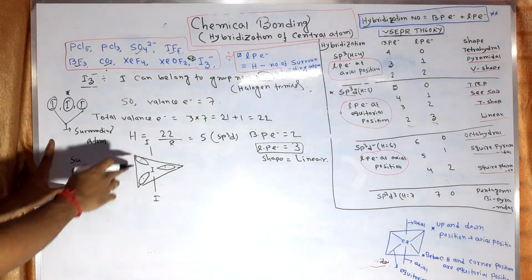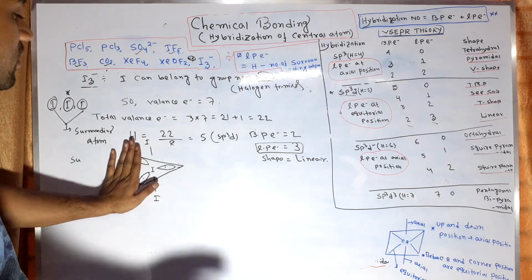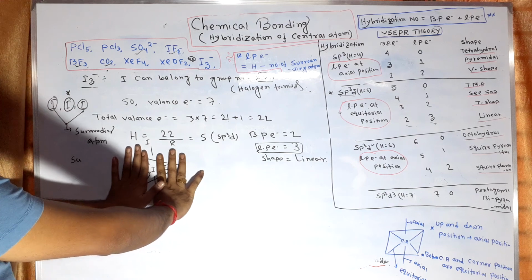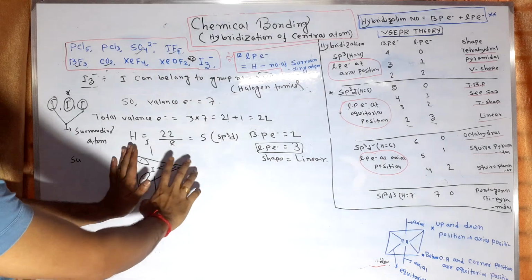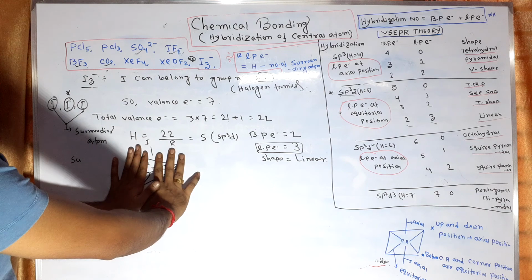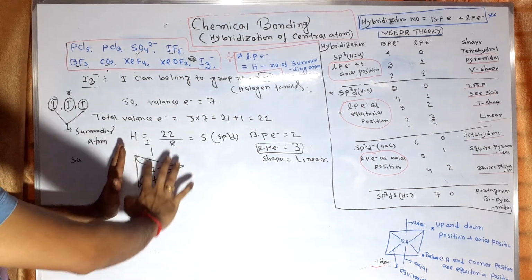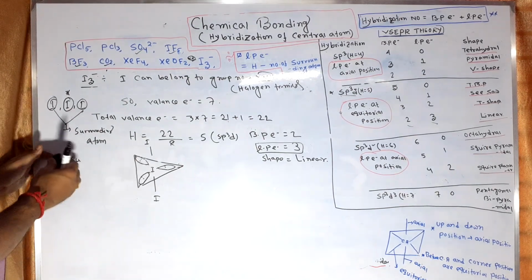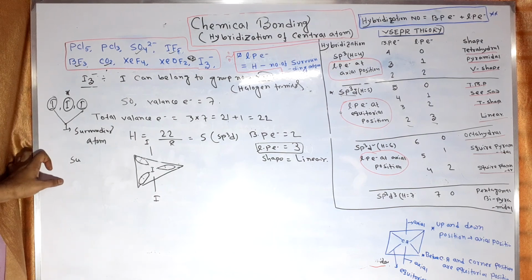Why is the shape justified as linear? First, hide the lone pair electrons. All the lone pair electrons can be hidden by your hand. Then the remaining 3 atoms lie in the same straight line. So this is the linear position. This is the process of the hybridization method for the central atom in a particular compound.